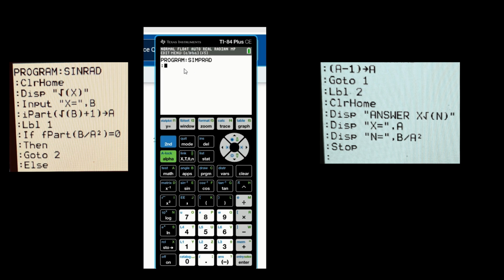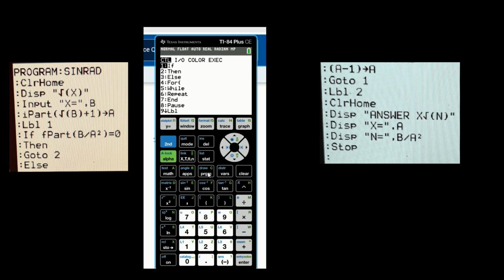Okay. And then the next thing that we will do is we press program again. And then after that we go to our right and then go down to number 8. So number 8, this one, the CLR home. So let's enter that one. Okay, after that we are going to press enter and then we will press program again.